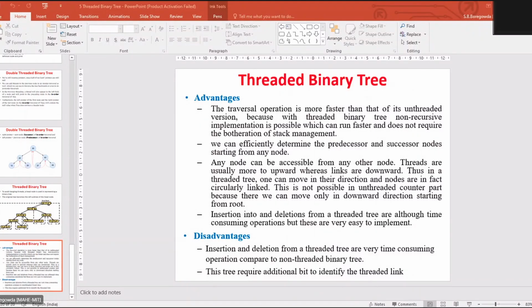Another type, the second type, is the weight balanced tree. In the case of a weight balanced tree, we have one more additional field in the node. Normally, if you look at conventional nodes, we have three fields. One is the left link field and the right link field, followed by the data field.